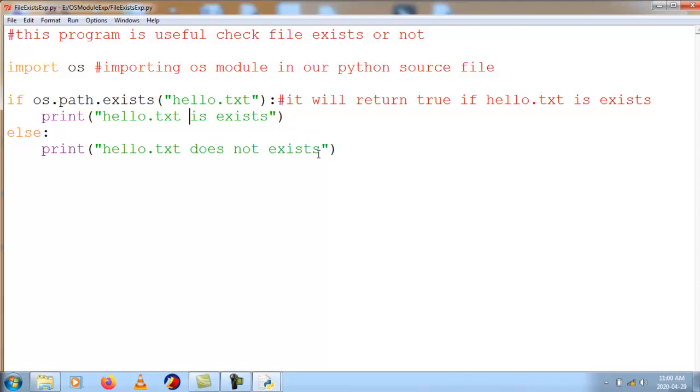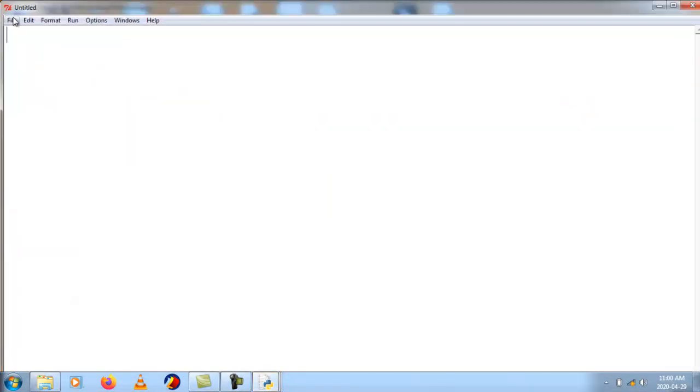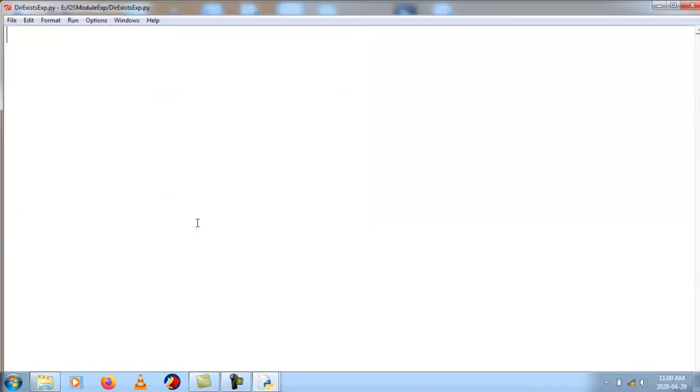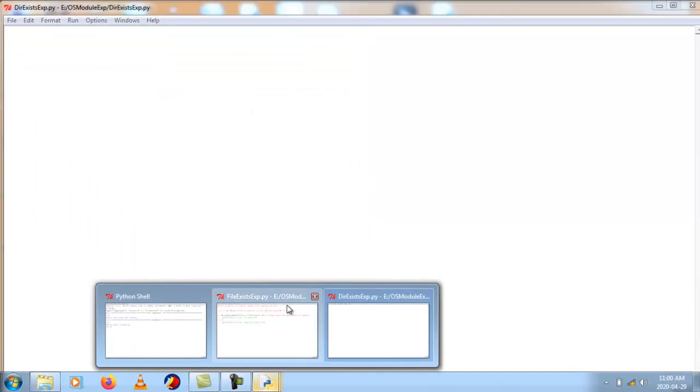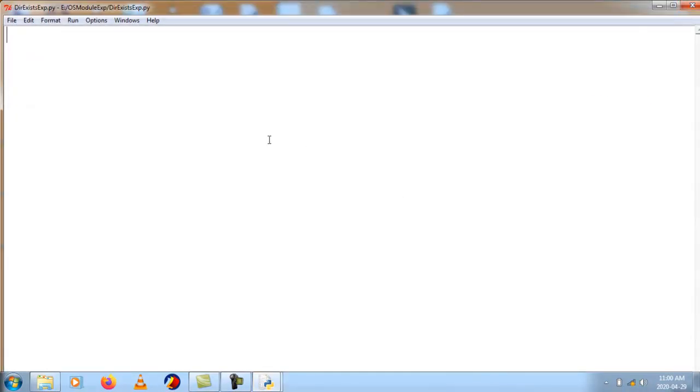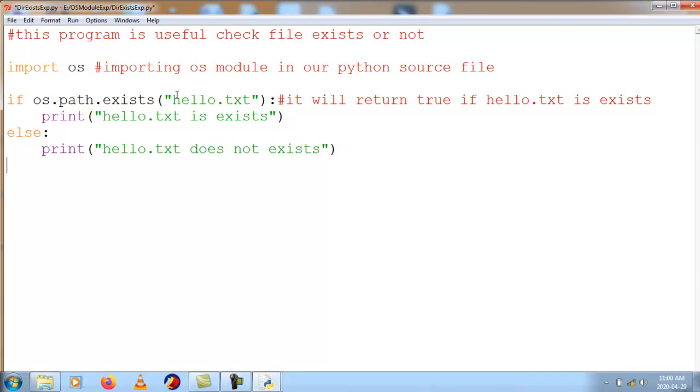I will take one more new file and save it as directory exist example.py. I copy the entire code and paste it here. The code is the same, and here I will write a directory name called happy. It will return true if the happy directory exists.